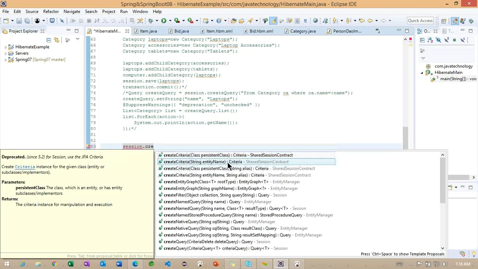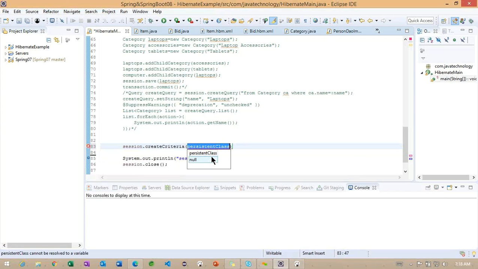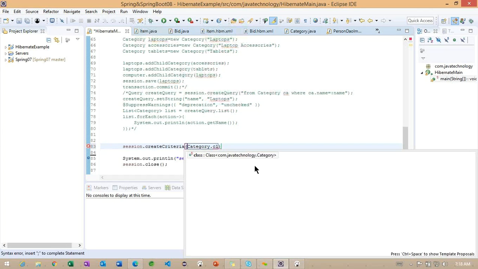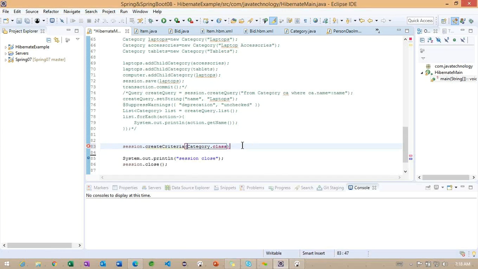Something called create criteria. Here we can specify the criteria, and it is going to take a class as an object. What is the class we are going to work with? The name of the class dot class. This is the way we can work on the criteria.